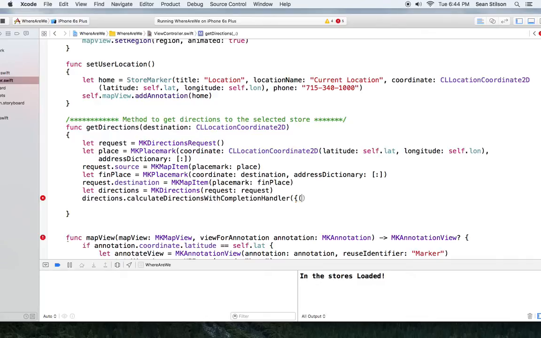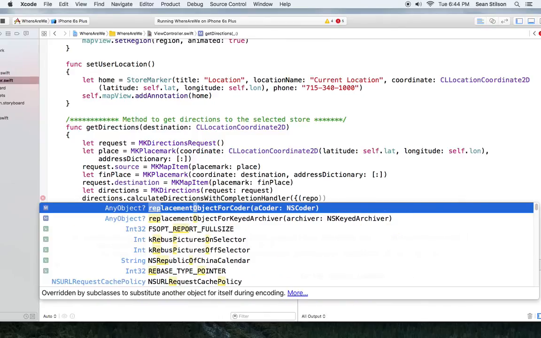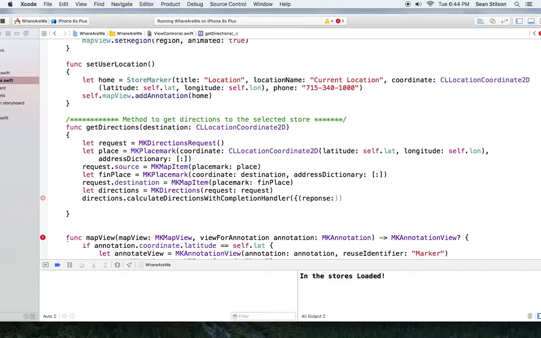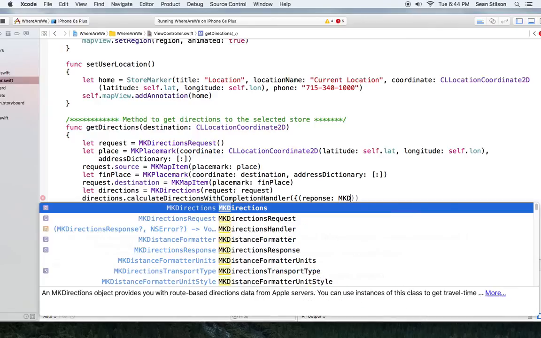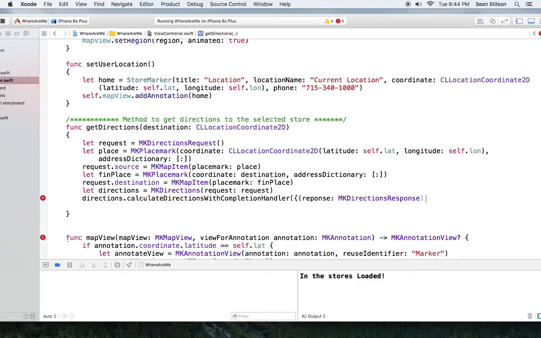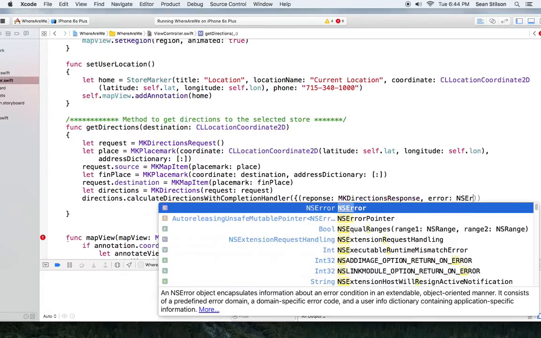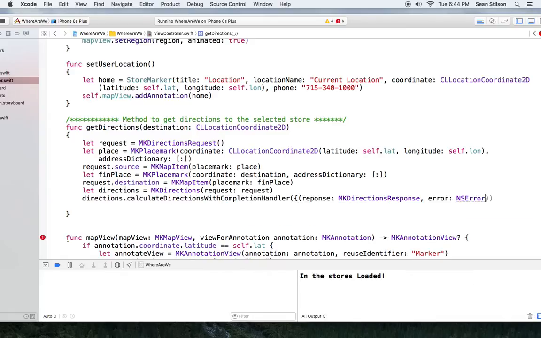So we have a parameter list that's going to be a response object. And the response is an MKDirectionsResponse. And then we're going to have an error object, which is just NSError. Closes off the paren. And then we're going to say,